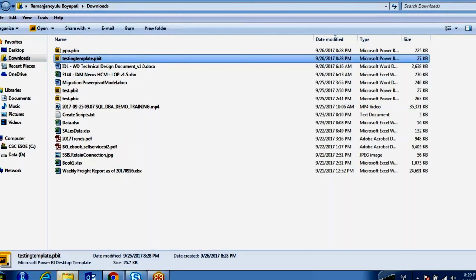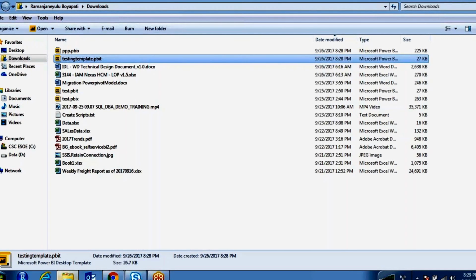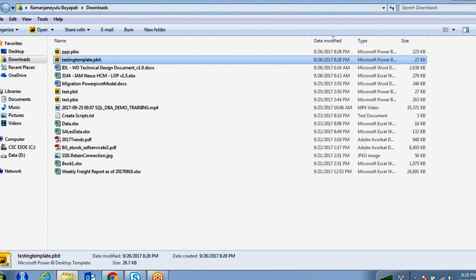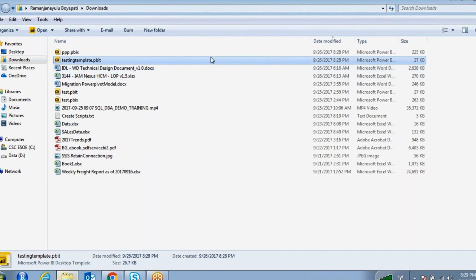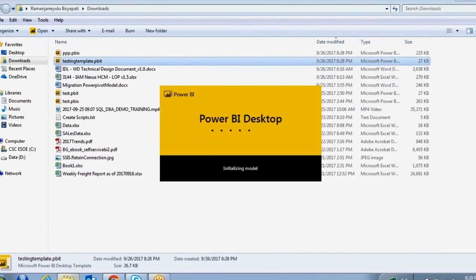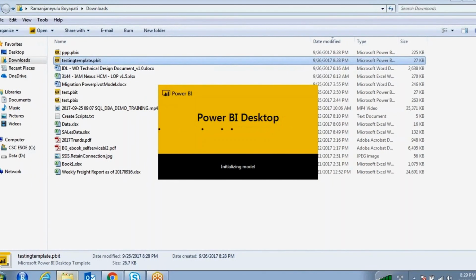At that time, when he opens this file, it will take too much time to process the data and import it into the Power BI file. That is the reason: if he wants to see this template report for only female information, he will select female. If some other person wants to see male information only, he will import only male information.